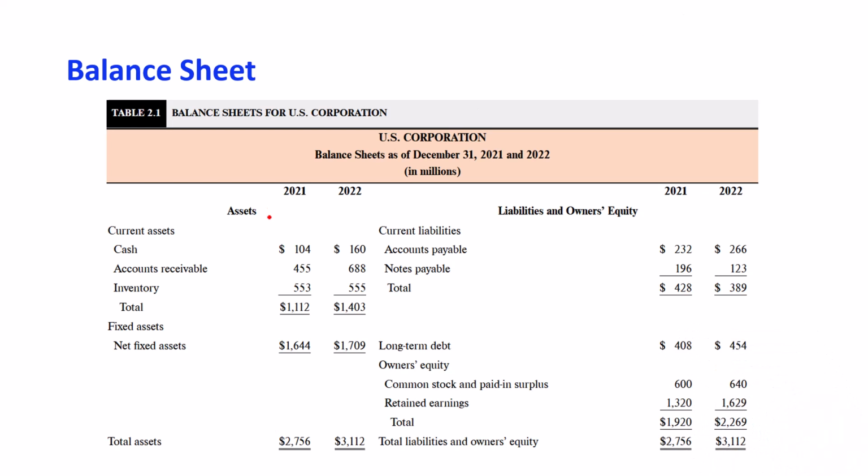This table shows a simplified balance sheet for a fictional firm. There are three essential things we need to pay attention to when examining a balance sheet. First of all, you need to pay attention to the order of the assets and the liabilities that we see in a balance sheet. Assets are ordered